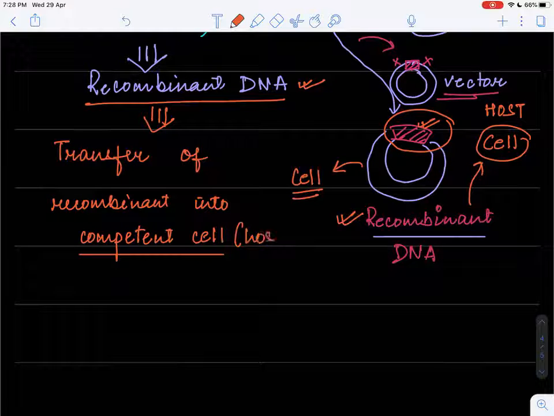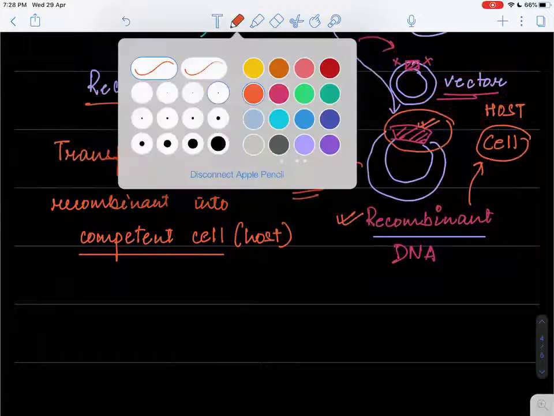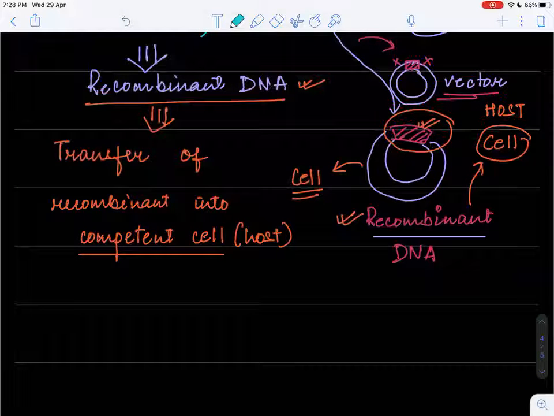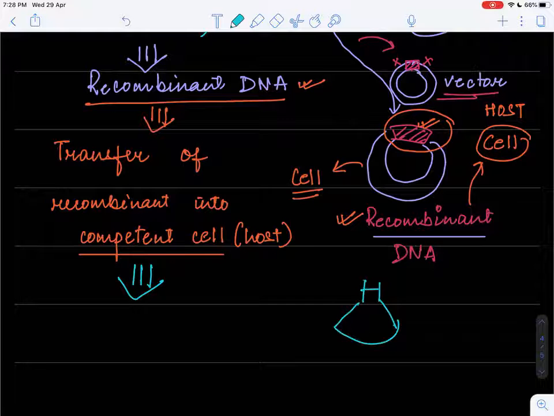Okay, right? Now what are we going to do after its introduction? We are going to select what? Select the recombinant. Now whatever we have introduced, like say I have a bacterial culture media. Now say this beaker is having bacterial culture media, and I have introduced my recombinant DNA into it. It may be possible that all the bacterial cells are not taking up this recombinant DNA.